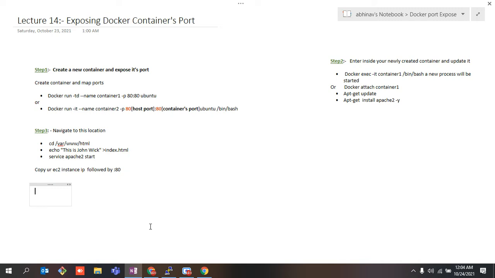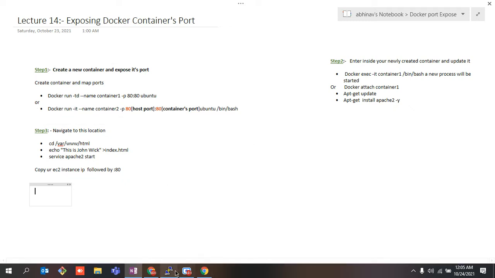As we all know, we normally create our containers on an EC2 machine. I mean, the way I am doing it is that I am creating a container on my EC2 machine. So we'll be exposing the ports of my Docker container, and I'll be mapping the EC2 machine's port with the container's port, right? So that if somebody makes a request to my EC2 machine, they can access the application which is running inside the Docker container. So without wasting any time, let's proceed ahead with the demo.